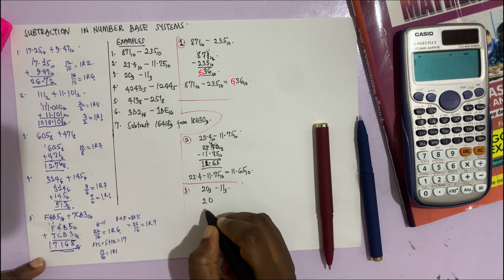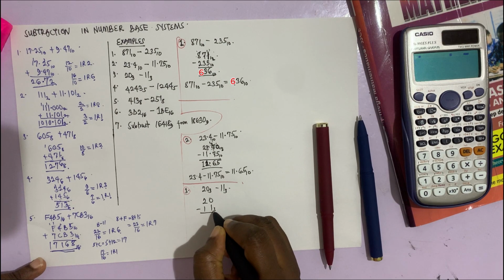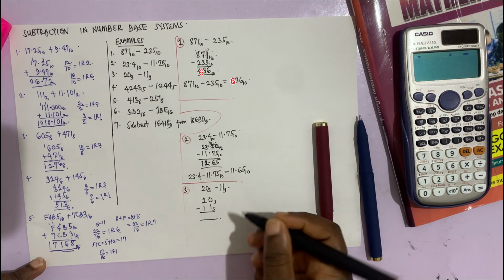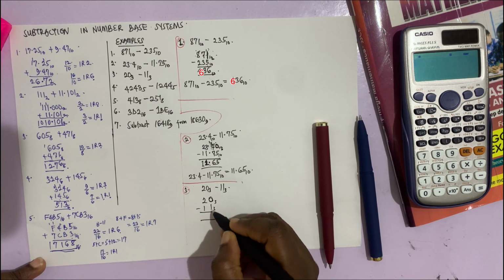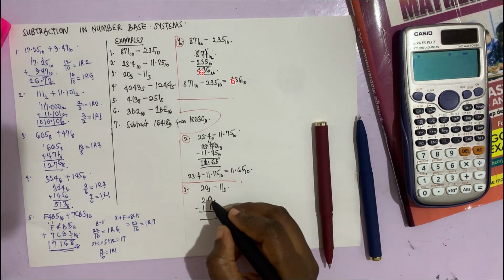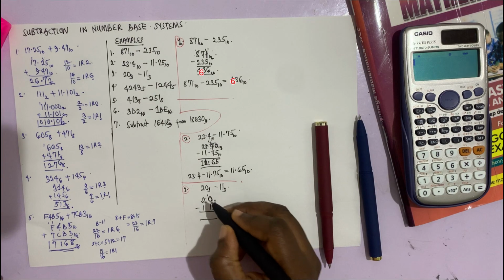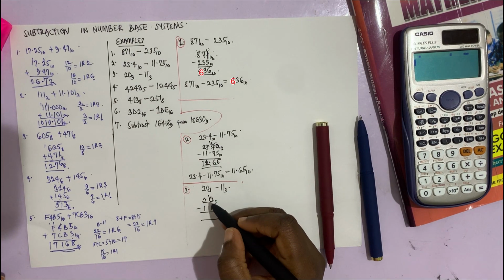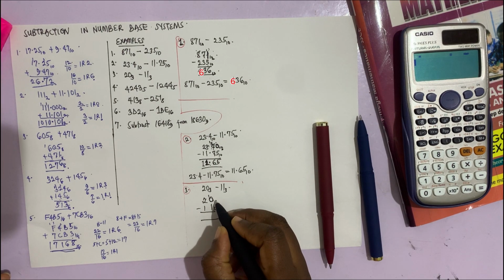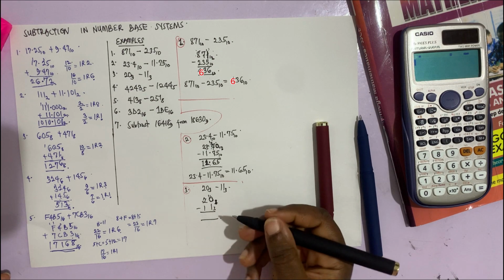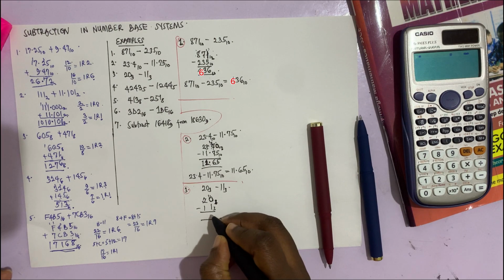So 20 minus 11 base 3. So like I explained earlier, this is 0 minus 1, which is impossible. So what do we do? We borrow 1 from this to bring it here. But what we are actually borrowing when we bring it is the base 3. So what we borrow is 3. So 3 plus 0 will give us 3, and then 3 minus 1 will give us